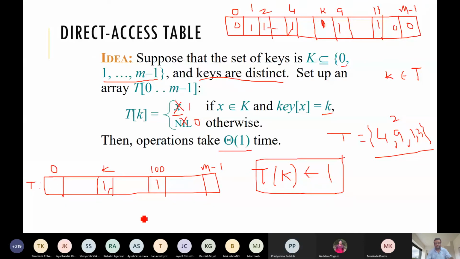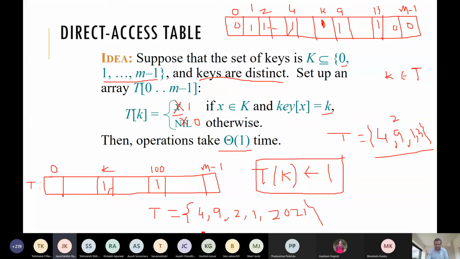Yeah, the main problem you said: suppose for example we have a set like this, 4, 9, 2, 1, and then suddenly we have, let me write, 21.